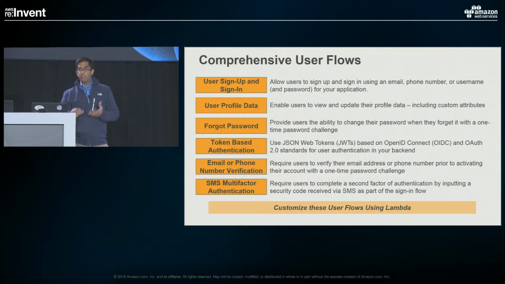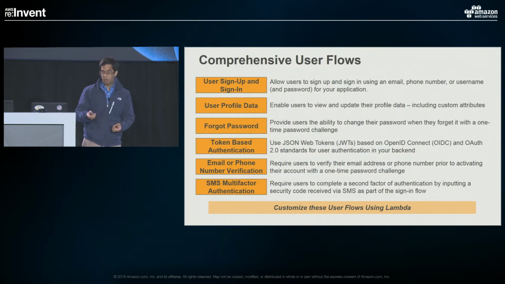Now, all these flows are provided directly through those client-side SDKs that we've discussed. But one of the neat things about this product is that you can customize all of these flows based on your specific business requirements. And you can do that 2 ways. The way that we're going to discuss in depth here is using Lambda. You also have the option of incorporating this functionality through the lower level AWS SDK, which obviously has support for more programming languages. But in terms of implementing some of the more complicated flows, like authentication with secure remote password protocol, that's going to require a little bit more heavy lifting.